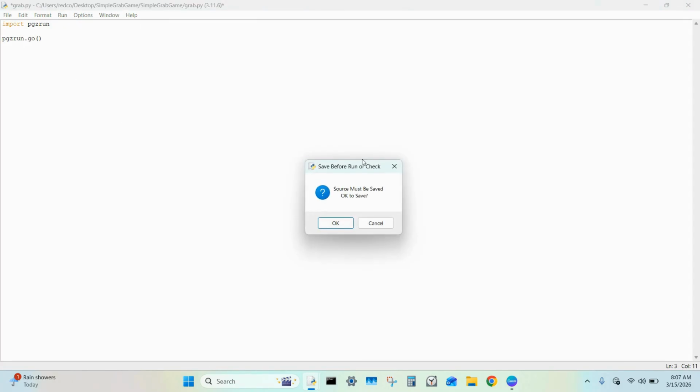Okay, first we want to import our modules. These are going to help our game do what we want it to do. So we can import Pygame Zero. Type in import pgzrun. Now we need to initialize it. So we can do pgzrun.go. This will initialize Pygame Zero. Now if we run it,